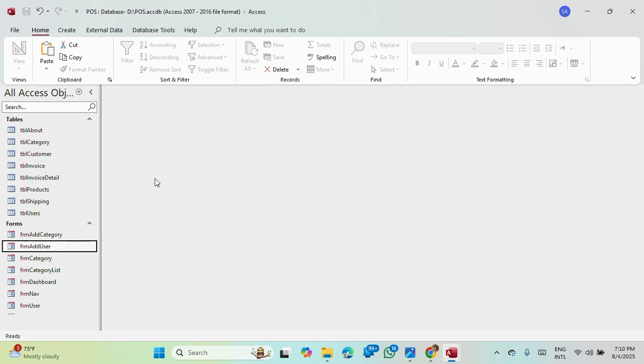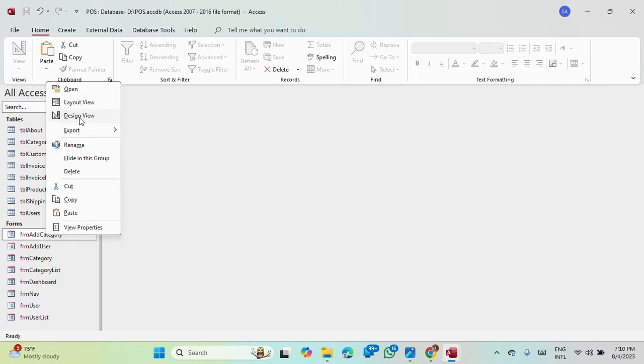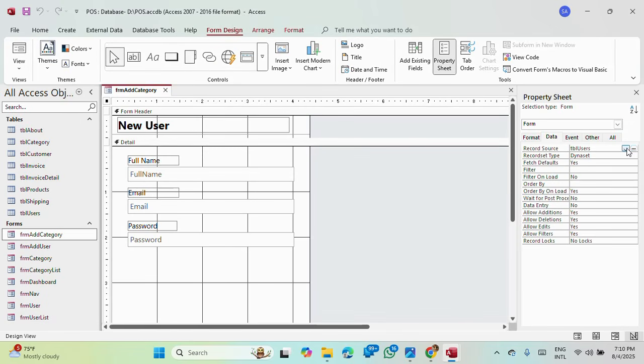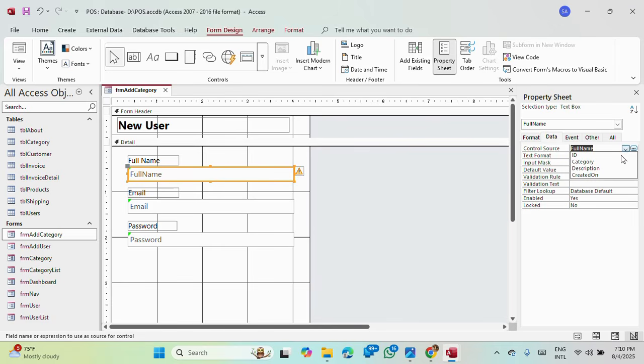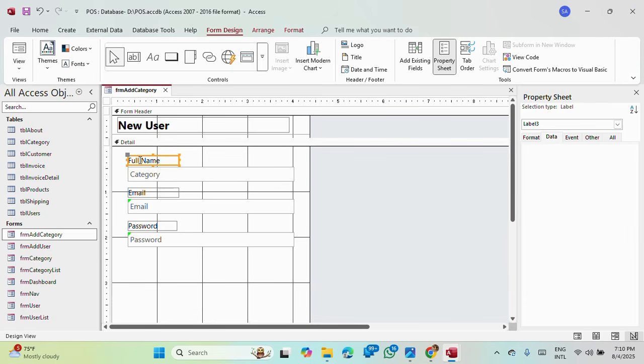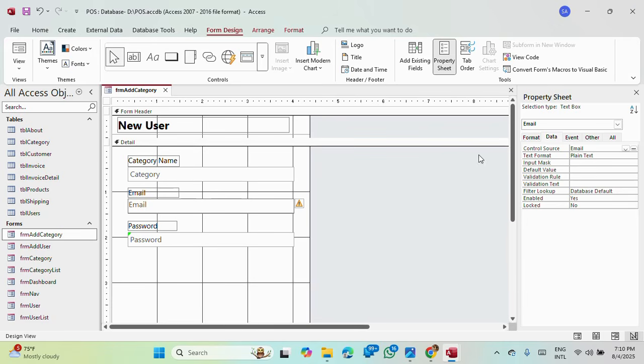Okay. So I'll go to add category design view. I'll go to table source and I will select table category. So I'll change this one to category. I'll copy this, paste it in here, category name. Then I'll change this one,